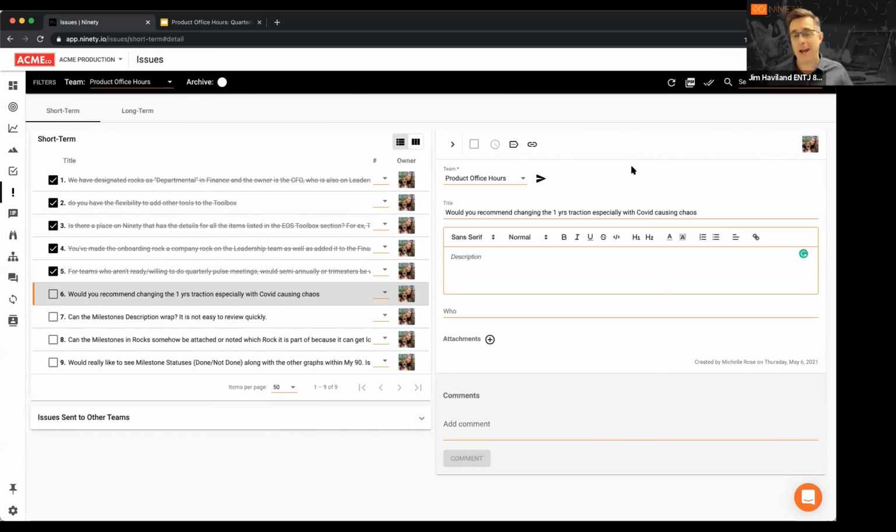There's things that have dramatically changed. And it's okay to say, you know what, that's no longer a 1-year goal. We all agree that makes no sense this year. Let it go. Right. And as long as you've got agreement with the team, it's not pure, but it's good. It's progress. And the most important thing here is making sure you've got agreement.